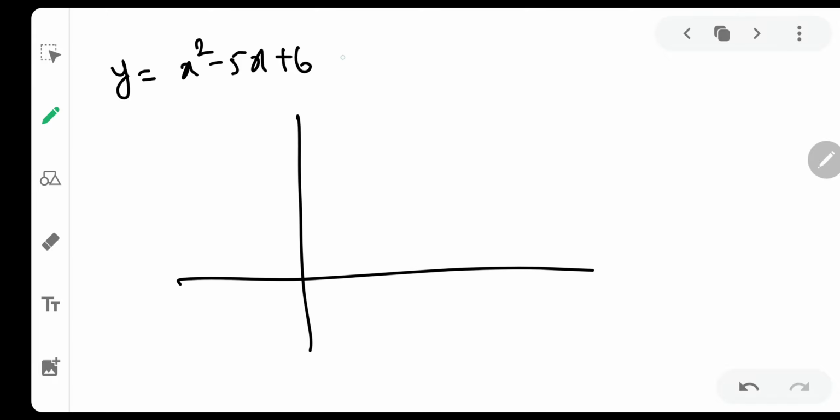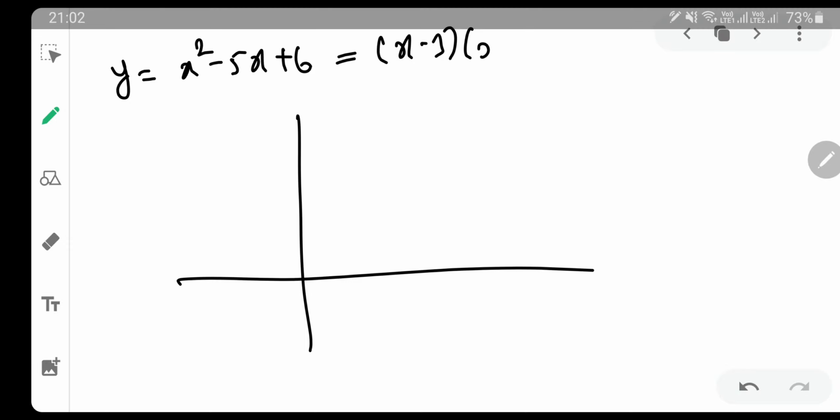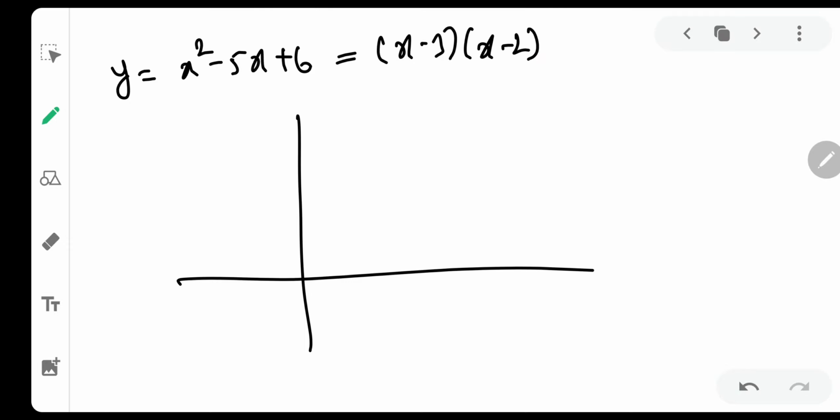So y is equal to x square minus 5x plus 6. Now you will say, oh, you forgot the mod. No, I did not forget the mod. I have deliberately done this. Why? Because you know the graph for this function. What is the graph for this function? Simply you can say x minus 3 and x minus 2. So the roots of the polynomial, or zeros of the polynomial, are 2 and 3. So basically over here it is 2 and over here it is 3.